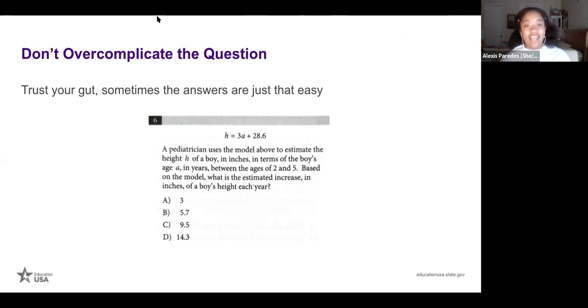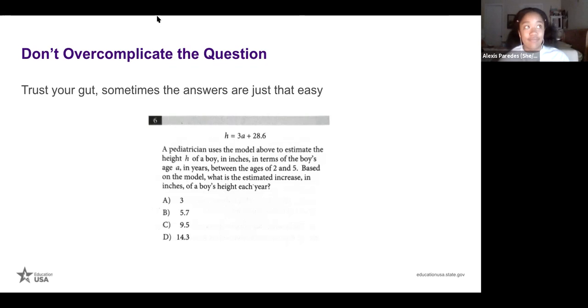Sometimes, when I saw this question while looking through the math SAT, anytime I see a formula, I immediately want to plug things in. But literally look at the formula: based on the model, what's the estimated increase in inches of a boy's height each year? If you understand basic algebra, you know that when they give you a question like this, usually the number in front of the variable, which on a graph would be the slope,